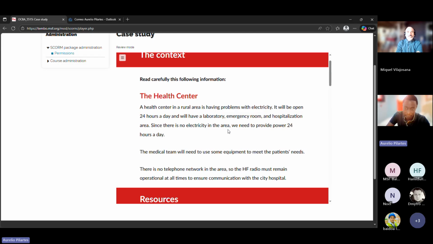We could go, let's say, for a solar system, for example. Solar is something that will take you more time, and it needs very, very experienced people. So we go for a solar system in case there is, for example, any problem with supplying the project with fuel or things like this. Or if you have enough time and we can put in a proper solar system before the time we expect to begin the activities, and we have the proper budget, in this case we will also prioritize the solar.